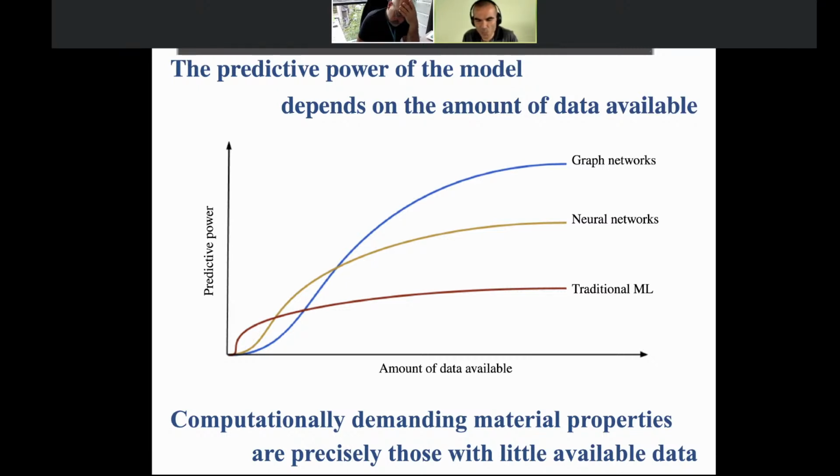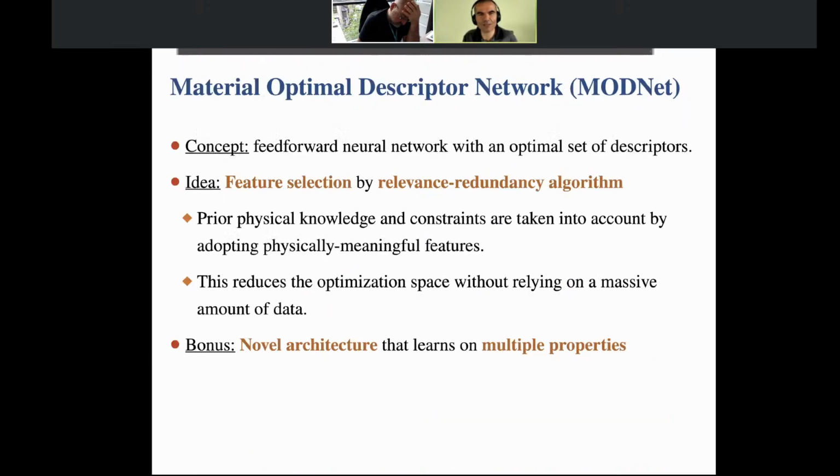So that's why we went into this idea of trying to develop a new method to take as much as possible advantage of even a limited amount of data, to extract as much as possible and to try to make reasonable predictions for that. So our idea is to have a feed-forward neural network, so that's a normal neural network, I would say, but we feed it with an optimal set of descriptors. So we do a preliminary effort in which the feature selection is done in advance, and we give a limited number of features to the neural network in such a way that it doesn't end up in a local minimum that is not very good in terms of prediction.